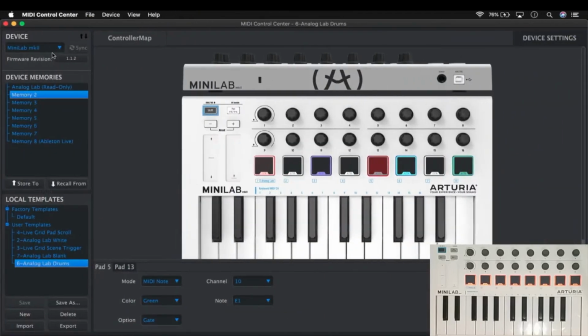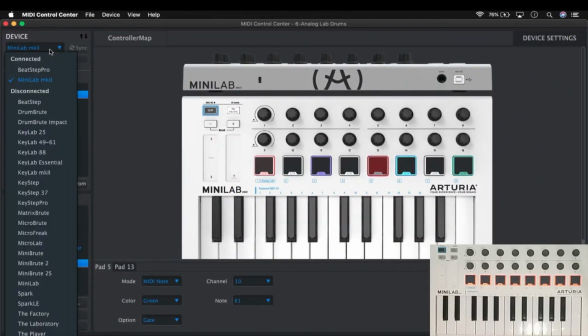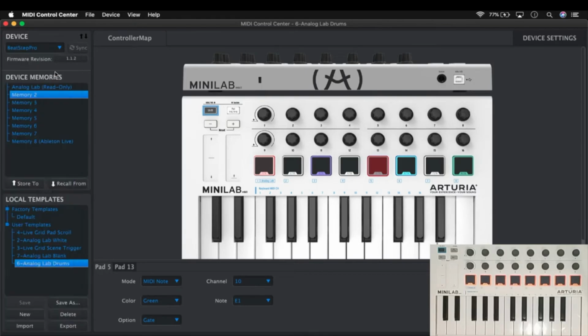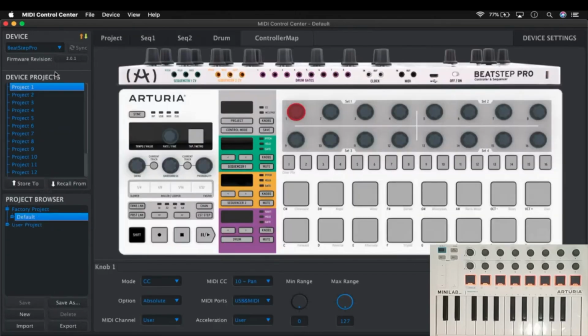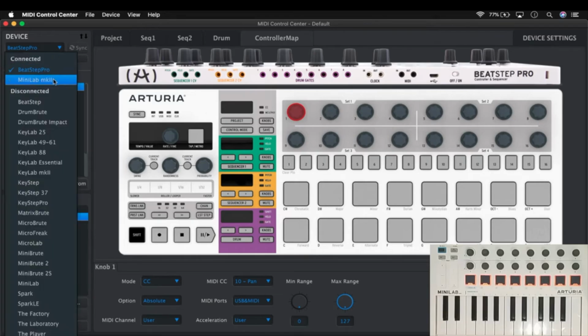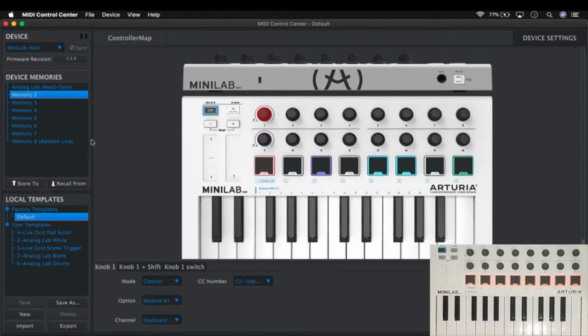Once we launch it, make sure that in the device list you have Minilab Mark II selected. If you have other Arturia instruments, they'll also show as connected. Like I have BeatStep Pro connected, but I don't want to alter or customize the fields of this one, so I will select Minilab Mark II. And here what we want to do is create a new template, call it knob scroll,